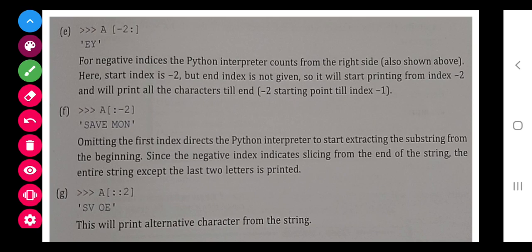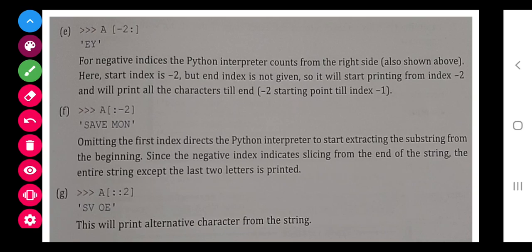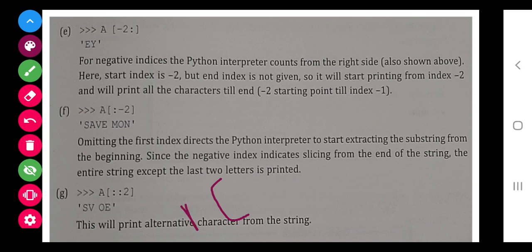From starting to -2. And this means from starting, they have written a colon, they have given a gap, they have written 2, meaning starting to the end at a gap of 2.